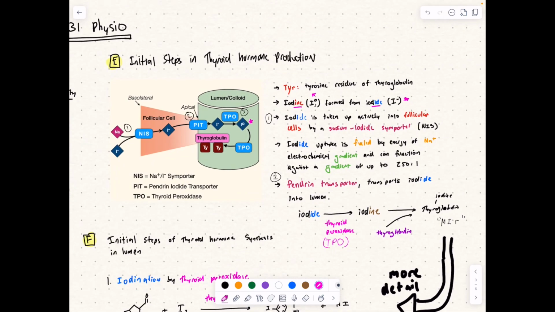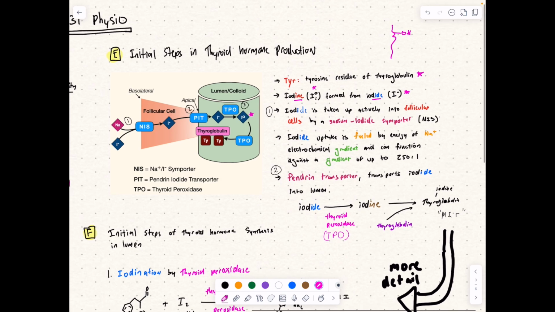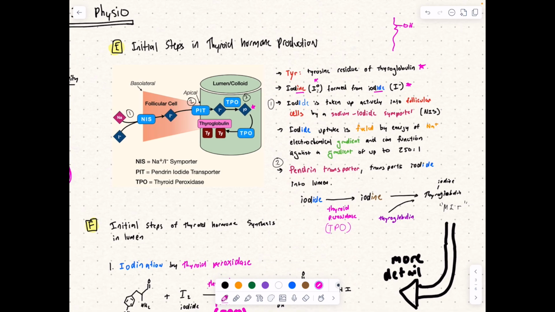All right, initial steps in the production. So this is where it gets fun. We said thyroglobulin is going to be our backbone, and it's going to be something like this, and it's going to have some nice tyrosine residues, and then our cell is going to be like, hey, we need an essential element, and that's in the form of iodide. All right, so iodide is going to come in through this sodium iodide symporter, and it's going to basically